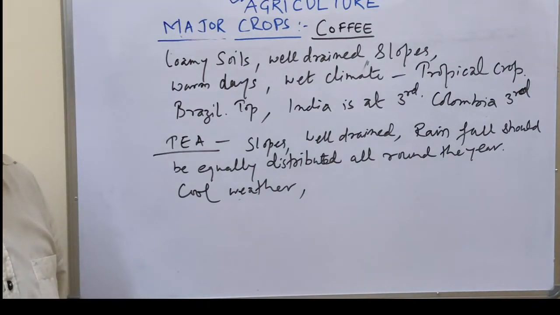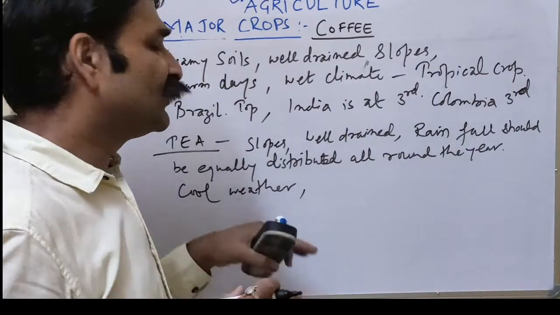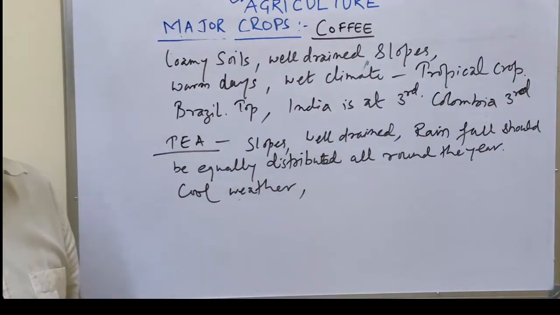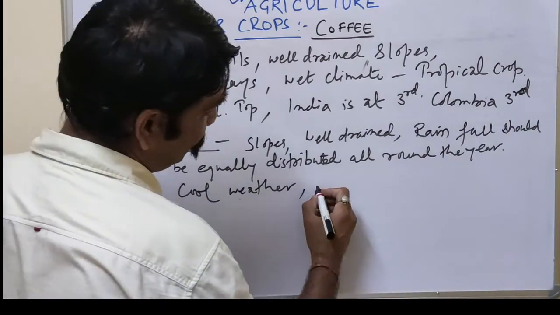And the tea plant grows well in cool climate or weather. Now, the next thing which the tea crop requires is that